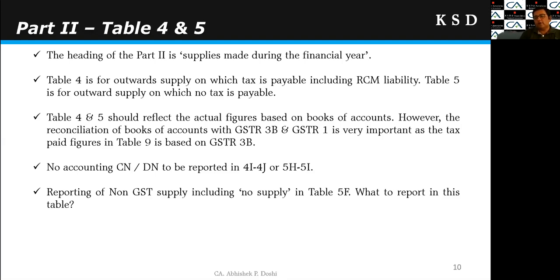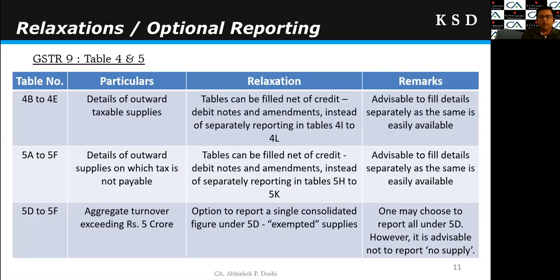So it is better not to report "no supply" in the GSTR 9 annual return. Let's move forward. Now, what are the relaxations or optional reporting in case of Tables 4 and 5? In Tables 4B to 4E, there are various types of outward supplies. In those fields, they have given relaxation that you can report the net of the credit and debit notes